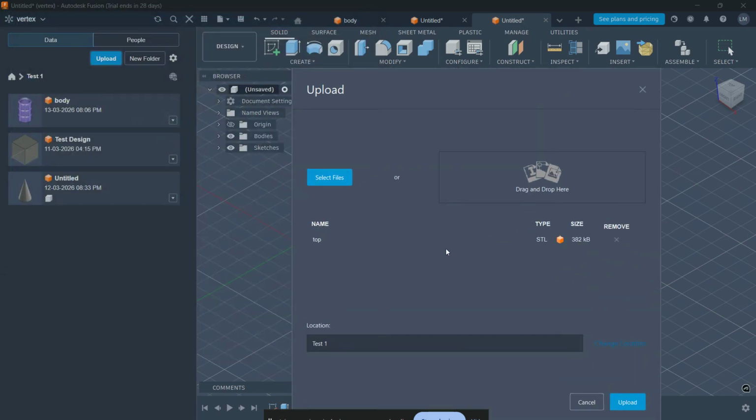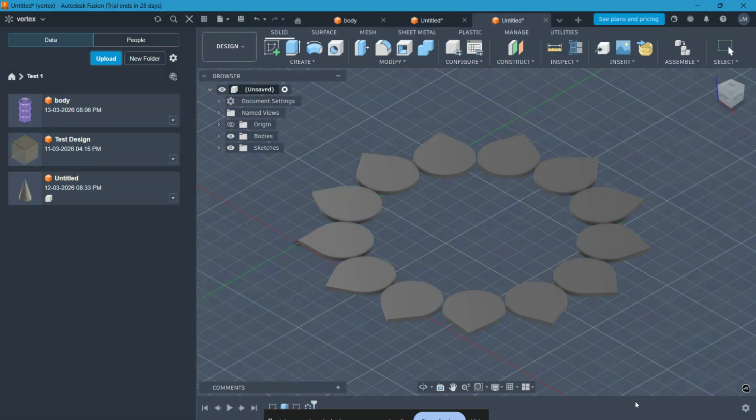As I mentioned earlier, Fusion 360 is extremely versatile, so you can select a single file or hold down the Control or Command key to select multiple files at once if you are doing a batch import. After you have selected your files, click Open. You will now see your selected files listed in the Upload queue box. Take a quick moment to verify that the destination folder listed at the top is correct. If everything looks good, go ahead and click the blue Upload button at the bottom of the window to start